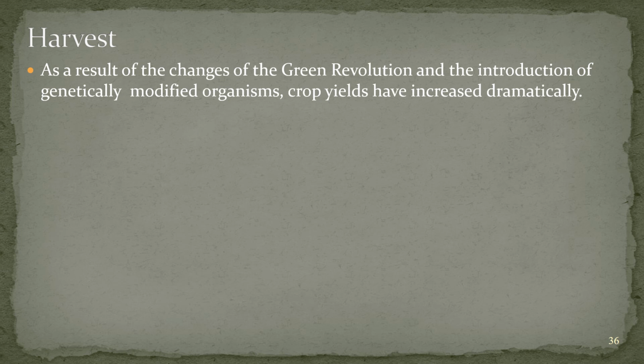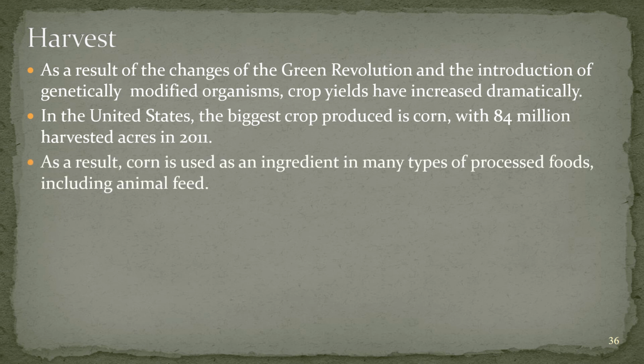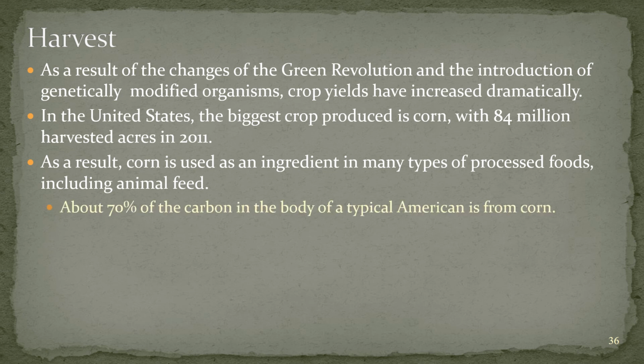Harvest. As a result of the changes of the Green Revolution and the introduction of genetically modified organisms, crop yields have increased dramatically. In the United States, the biggest crop produced is corn, with 84 million harvested acres in 2011. As a result, corn is used as an ingredient in many types of processed foods, including animal feed. About 70% of the carbon in the body of a typical American is